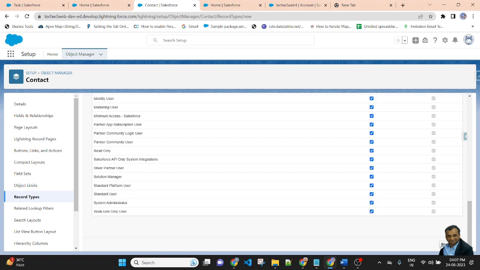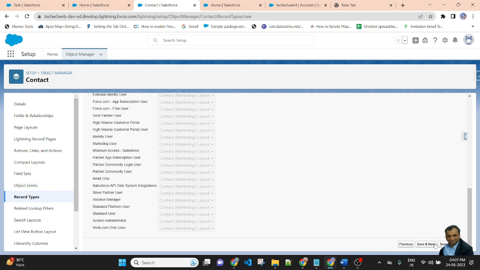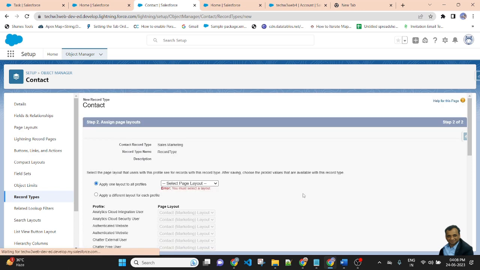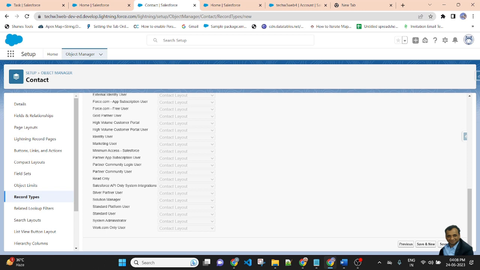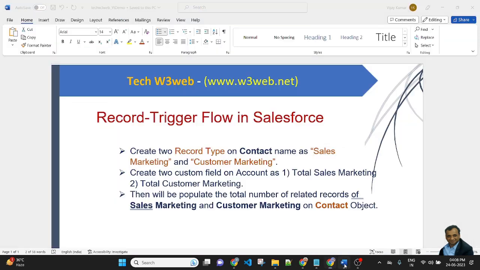Next. Save as new. Select page layout. I'm selecting the contact layout. Save as new. After that, I will create the second record type, Customer Marketing.